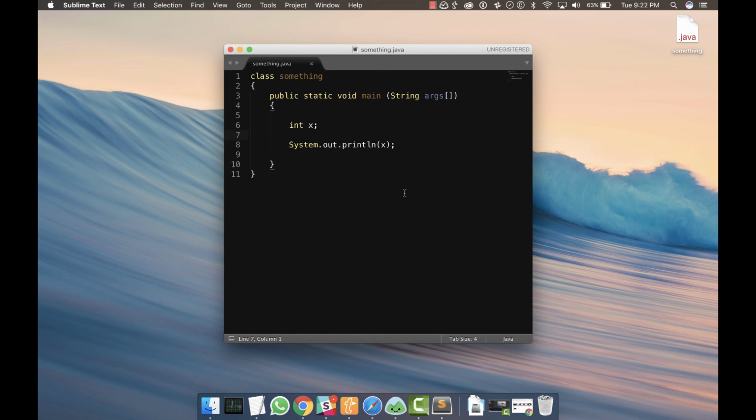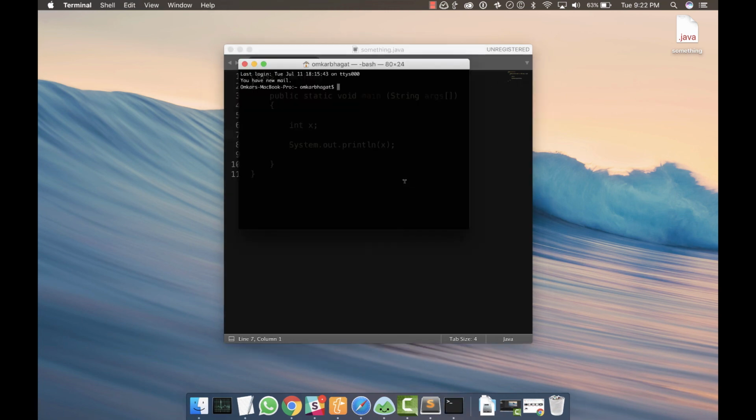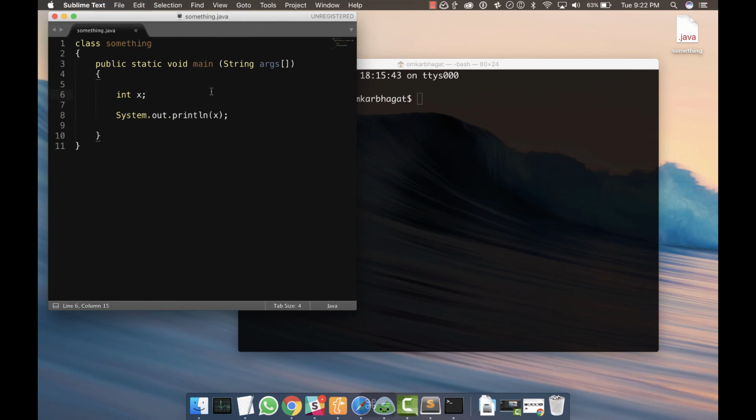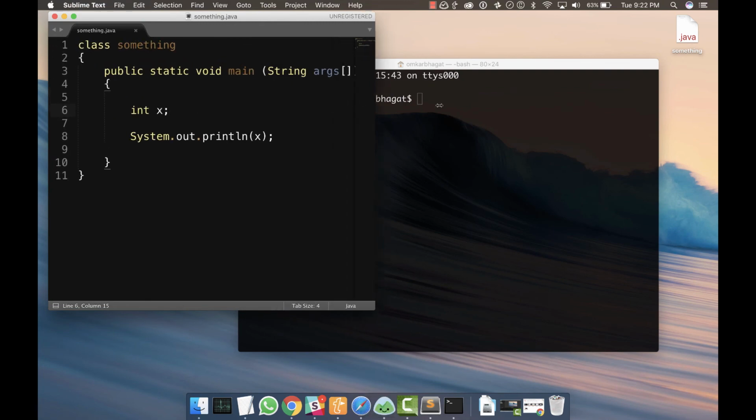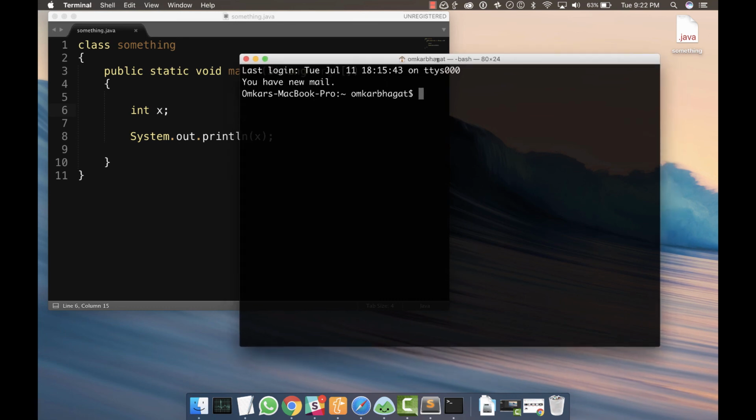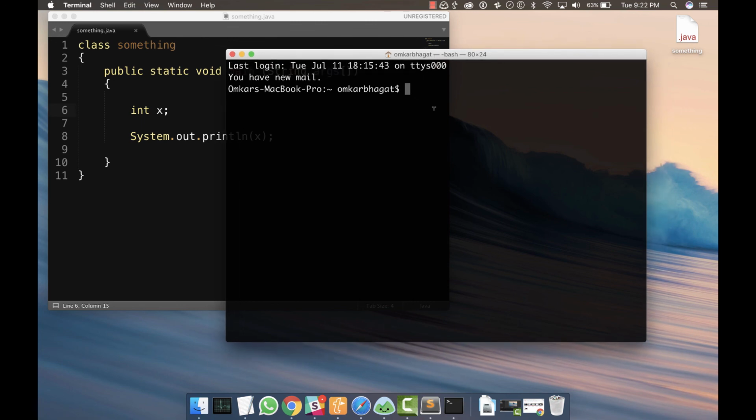So what I will do is just open terminal, zoom in so you can see. I'm zooming in using command plus the plus key, meaning holding down command and plus key at the same time. Right now we are not on the desktop directory, so I will use cd change directory and then type in desktop and enter. This will change the directory in command prompt to desktop, and then I'm just going to write javac something